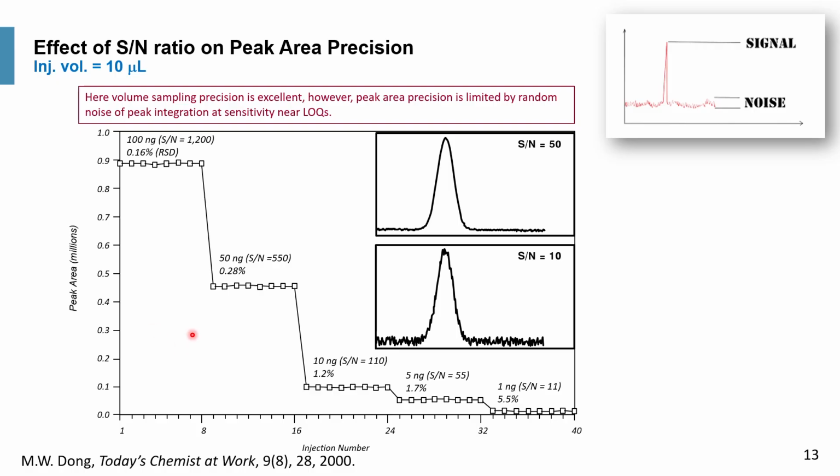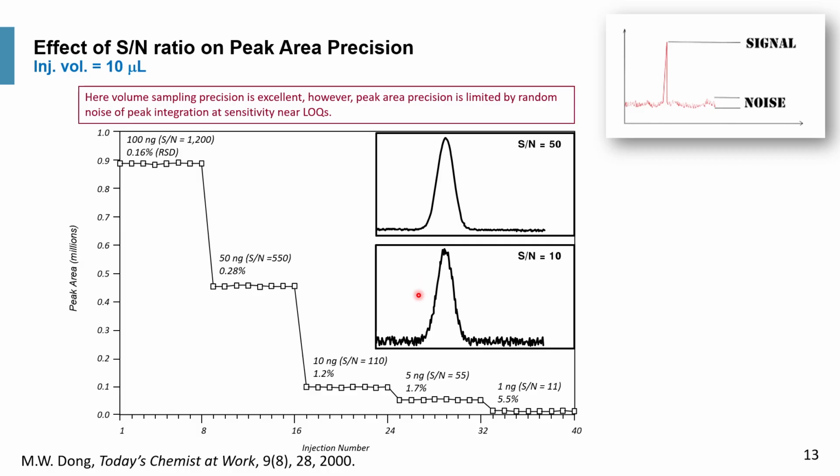Now this is a different situation here, right? In this slide, we actually did a study. In this case, we are injecting the same 10 microliter. So volumetrically, they are extremely precise. However, the sample is decreasing in concentration, right? So for the low sample, the injection is actually close to a signal-to-noise ratio of about 10, which is the